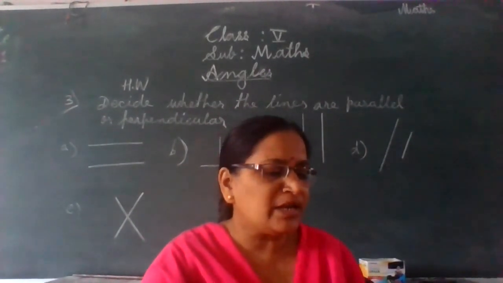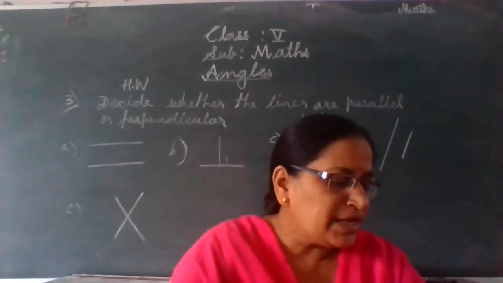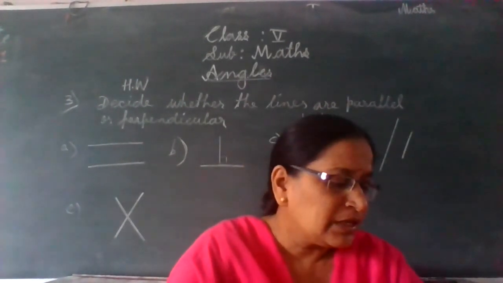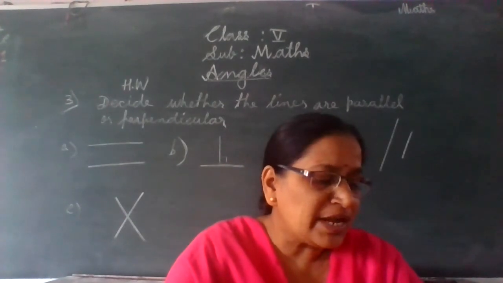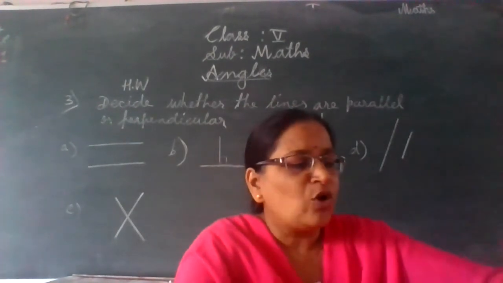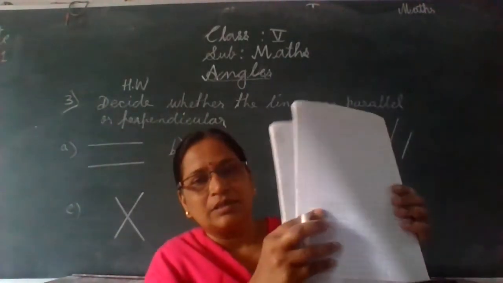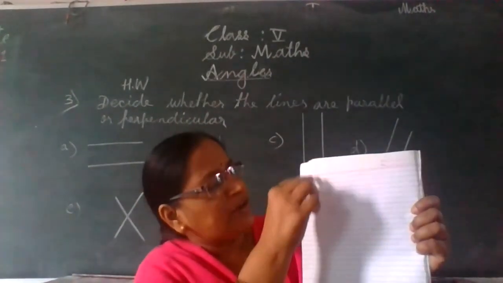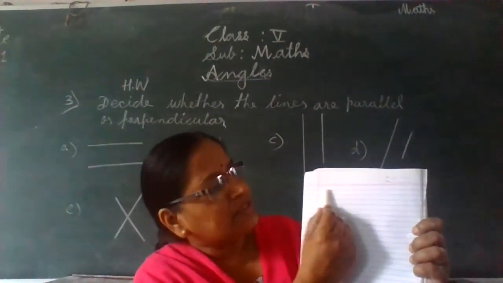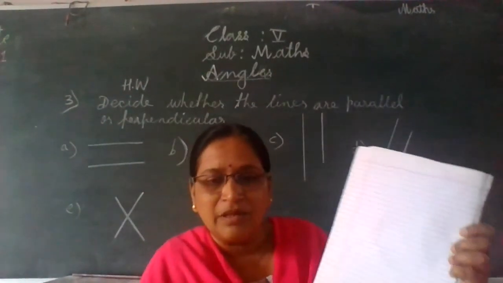When two lines form an angle of 90 degree with each other, they are said to be perpendicular. Measure the angle between any two adjacent sides of your notebook. Since it is a right angle, the two sides are perpendicular to each other. Now, and also you can observe the lines of your, see beta, see this vertical margin and this horizontal margin are perpendicular to each other, and the other lines that are parallel to each other. Got it beta?